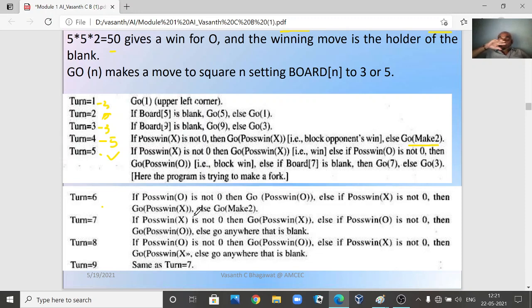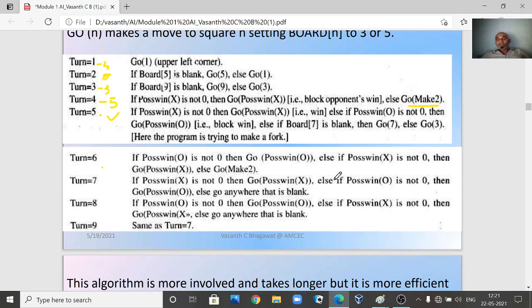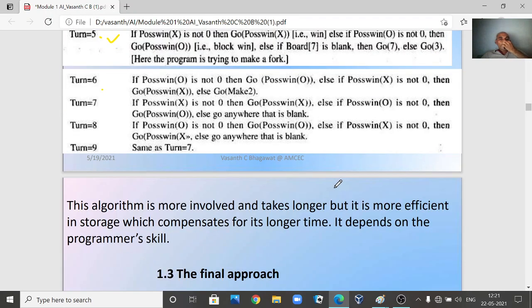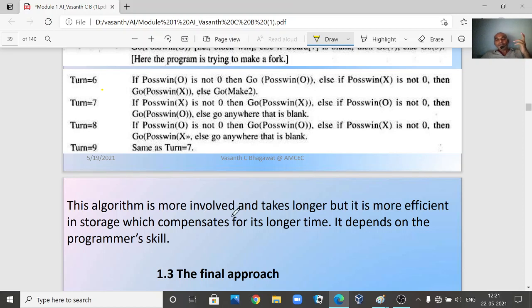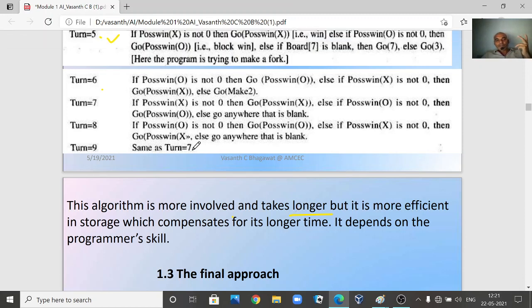This is how the second method in this algorithm works, where we are using a little bit of knowledge and we are going to block the opponent. This algorithm is better than our previous algorithm, but it takes quite some time to execute because a lot of pos win calculations are there.